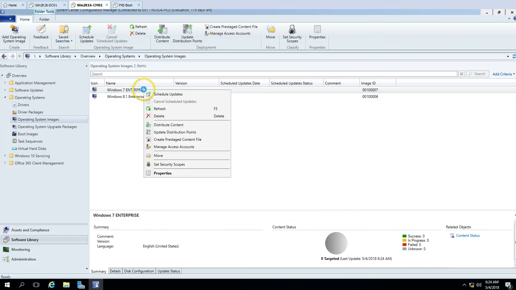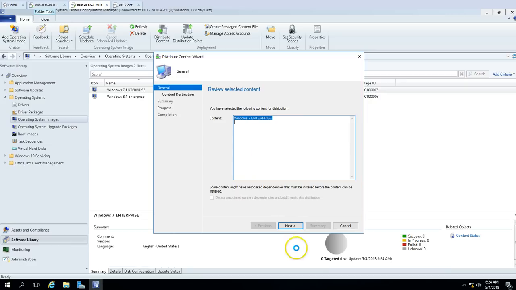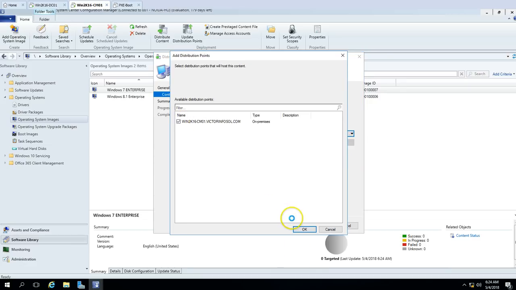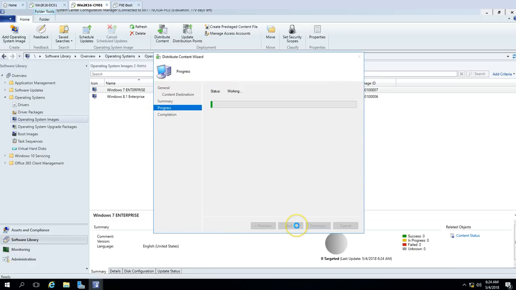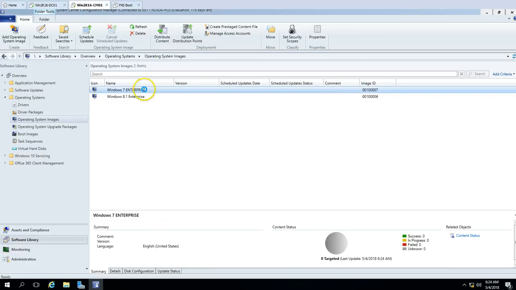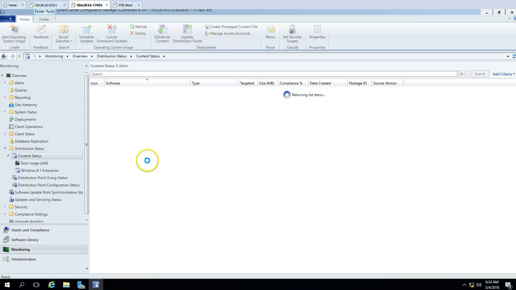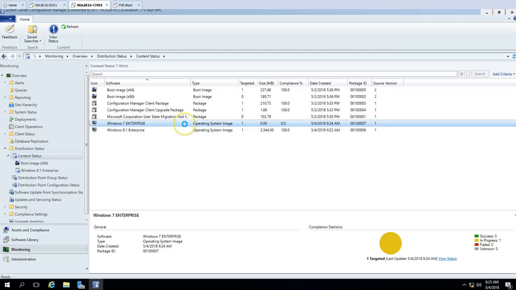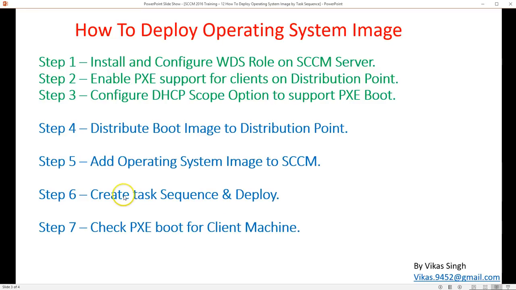I'm going to distribute this also. So distribute content, where you want to distribute. I'm going to distribute at my distribution point, and on-prem, click OK, next, finish. And now it's in progress, both are in progress, so it will take some time to become available. So you can see Windows 8.1 is available, and compliance report is 100% and succeeded, and this will take some time. So we are good with this. Next step, we can go ahead and create a task sequence and deploy